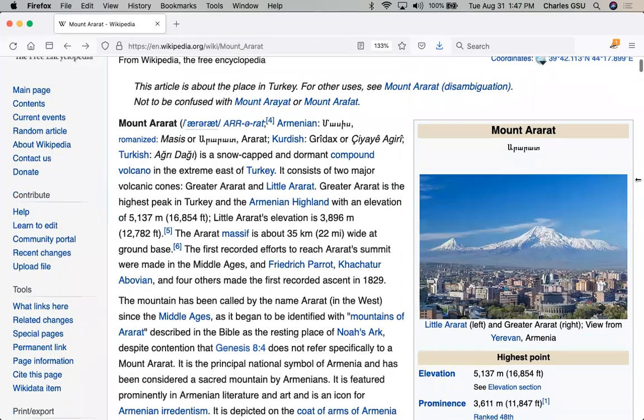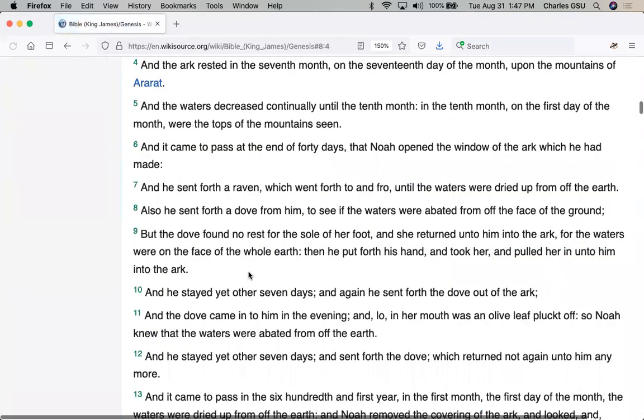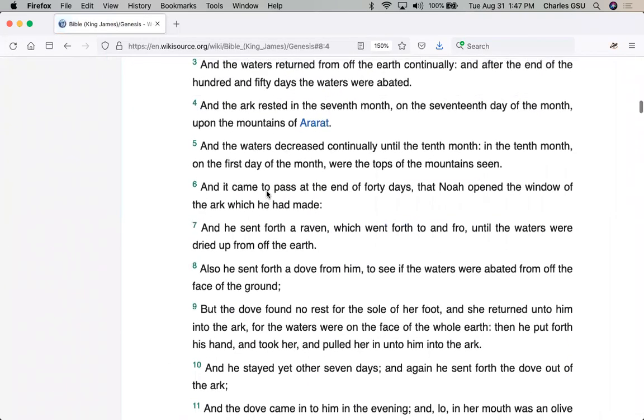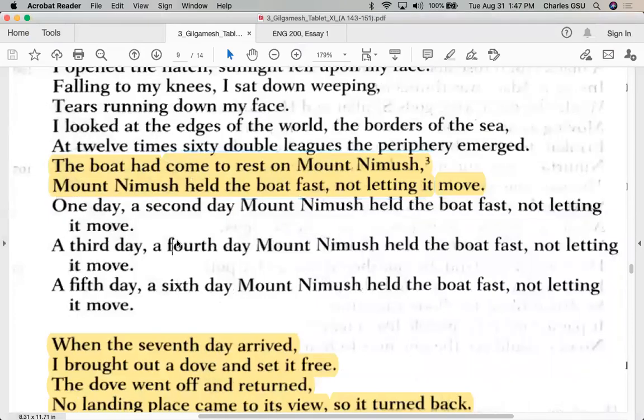And so it is described here in Genesis 8:4 of being where Noah lands, and the ark rested on the 7th month, right? Anyway, so not Mount Ararat, but Mount Nimbush in Gilgamesh's